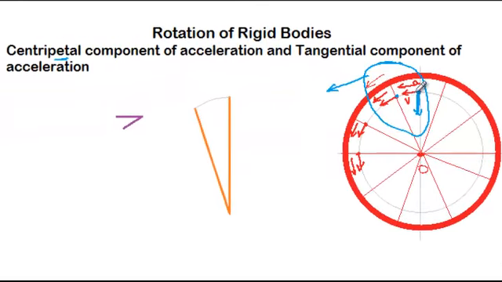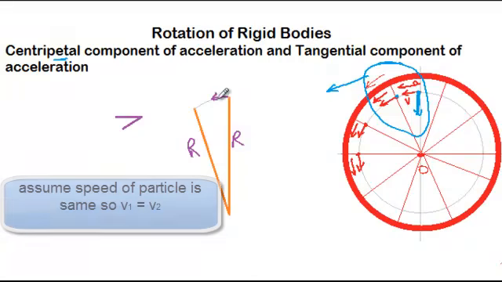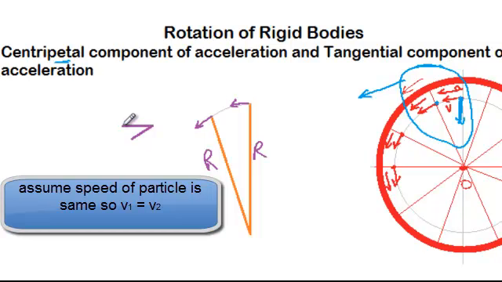See, this is the first position over here. This is at a distance r, and the second position is again at a distance r. At this point, you have velocity v1, which is tangent to the curve, and here we have velocity v2. So this little triangle that I am drawing, this is velocity v1, and this here is velocity v2. This was v1, tangent at the first point, and this is v2, tangent at the second point. This angle between the two positions is theta, and this angle will also be theta.